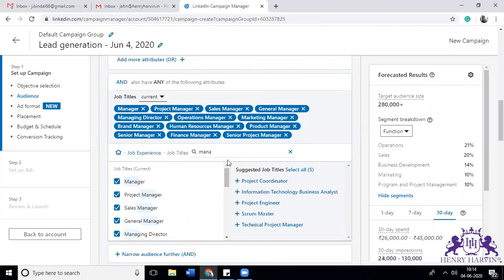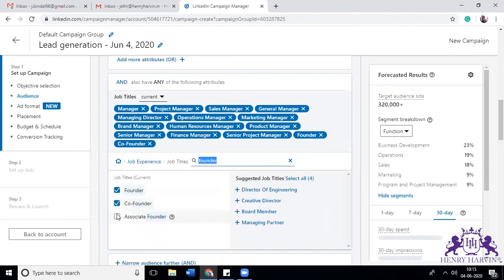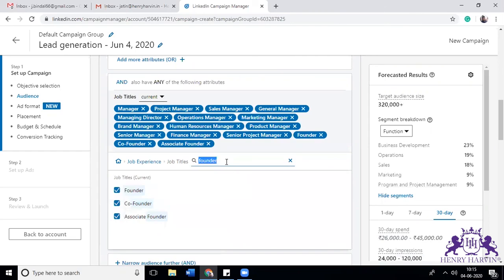All those positions which may have money: founders, co-founders, associate founders, managing directors. Okay, he can target a lot of